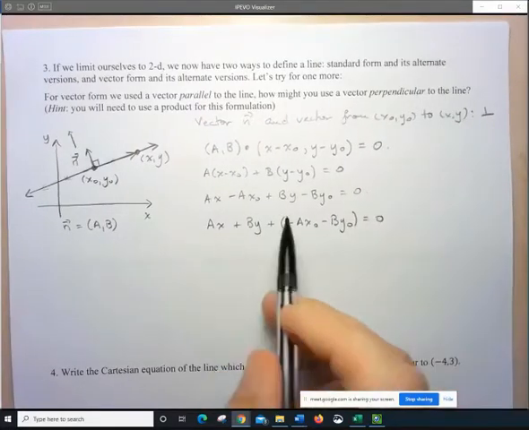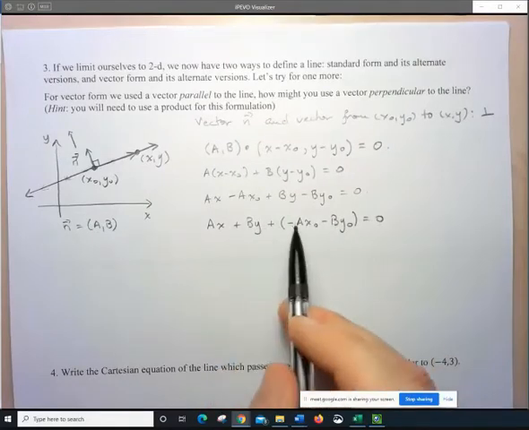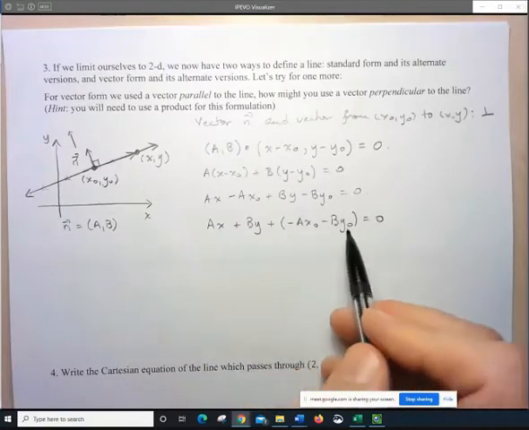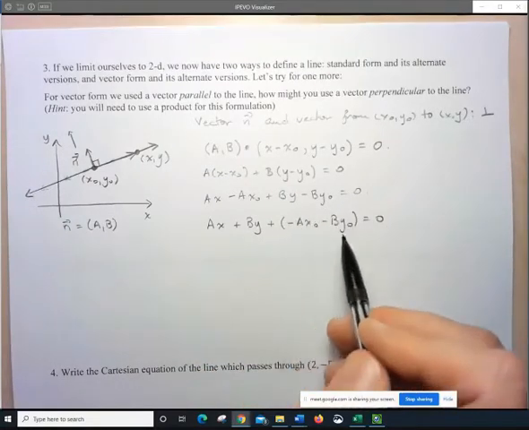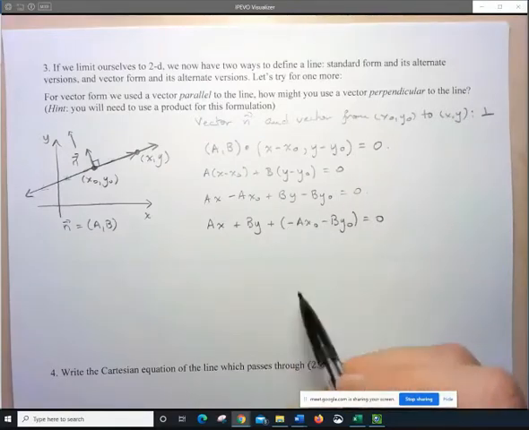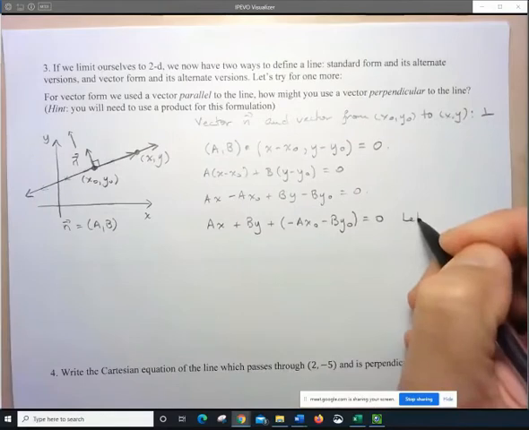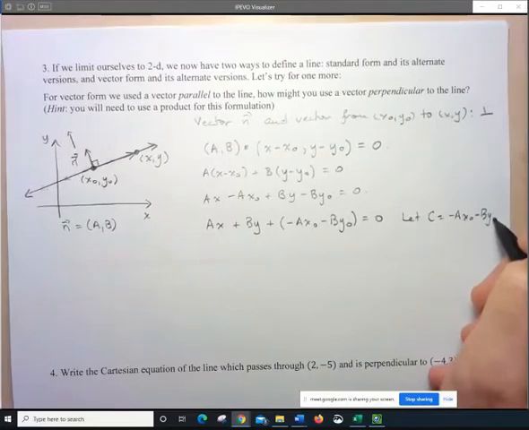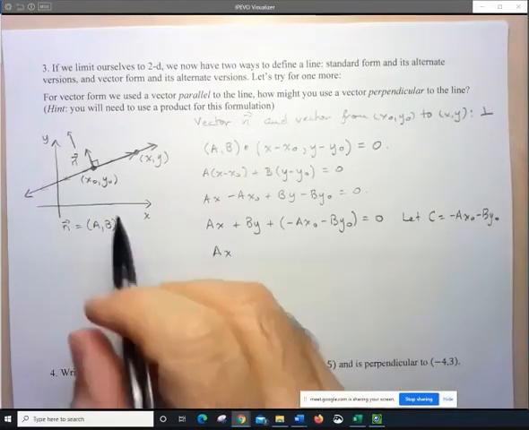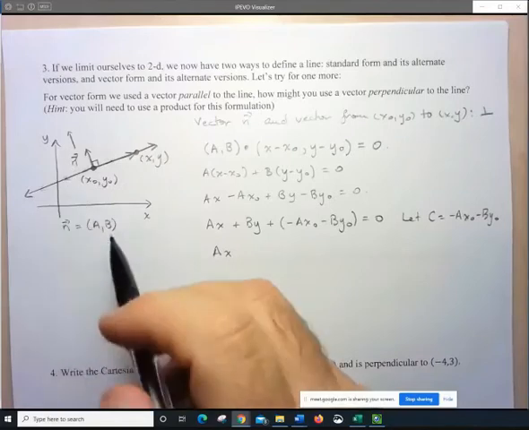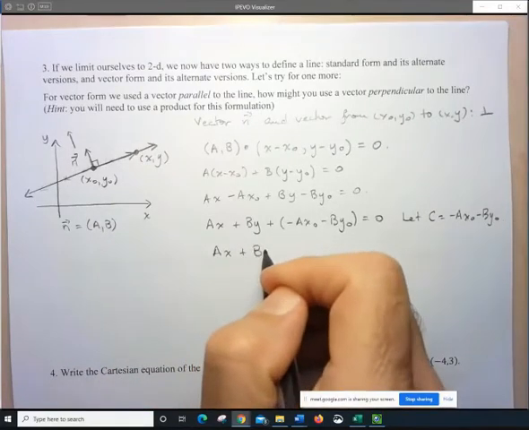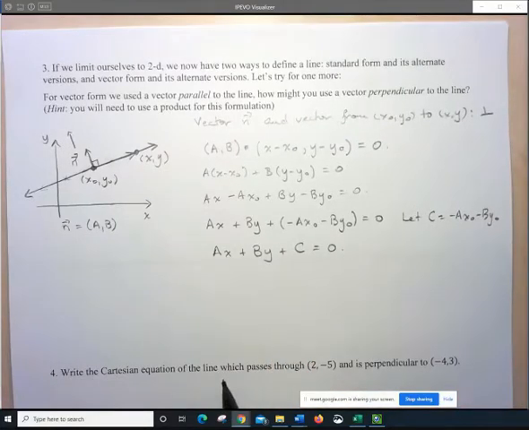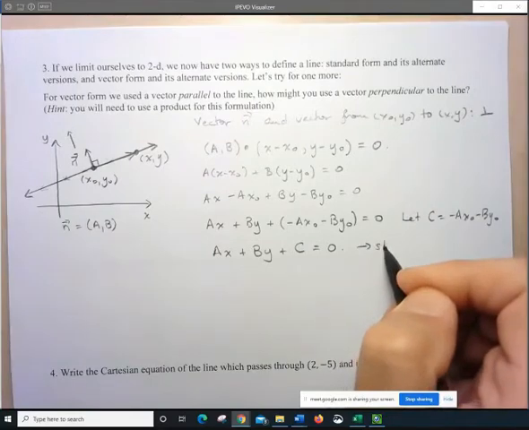Okay, can everybody see that going from here to there, perfectly legal? I didn't do anything funny. Okay, but guess what I'm going to do now? Guess what I'm going to call this whole expression full of known values? I'm going to call that C. And lo and behold, this newfangled way of determining the equation of the line actually produces an equation that we were already familiar with. So now we see that standard form,